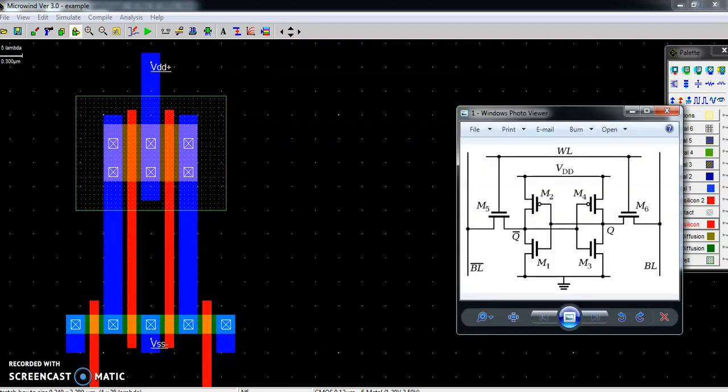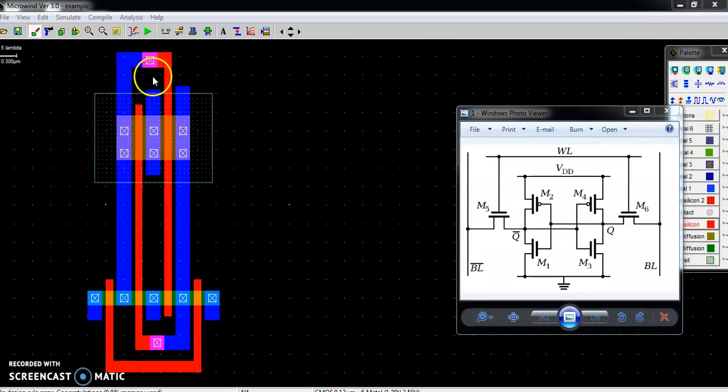Now we have to connect this Q to gate of the opposite pair of MOSFET, that is M1 and M2. So we have to connect this Q point to this gate and this Q bar to this gate.